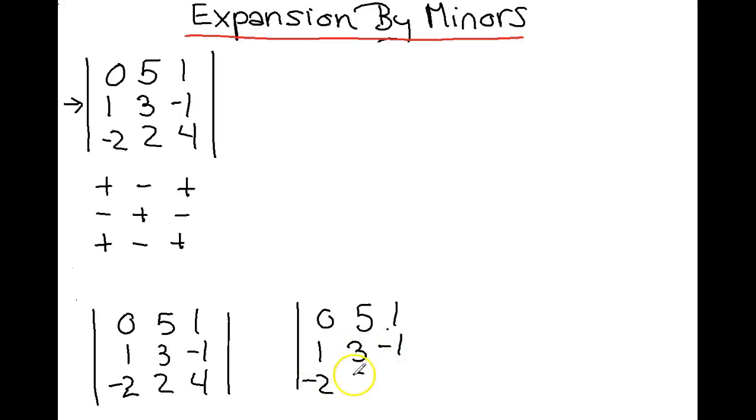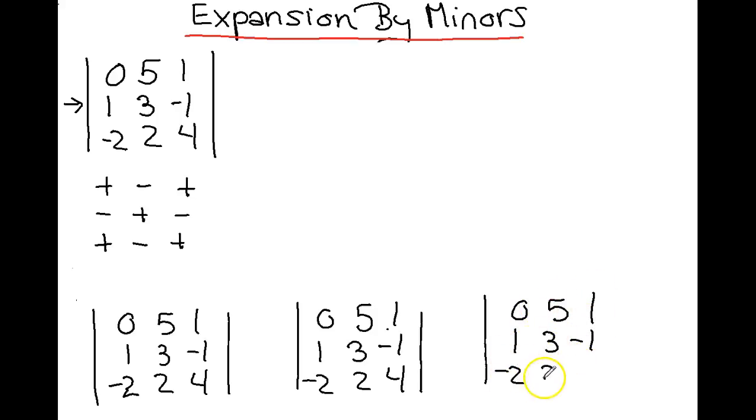Negative 1, negative 2, 2, 4, and then 0, 5, 1, 1, 3, negative 1, negative 2, 2, and 4. Alright, so we're going to go ahead and expand by this middle row, and hopefully we'll get the same result,